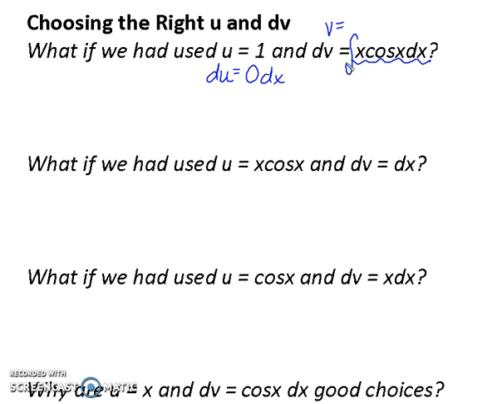Okay, so what if we had used u equal to cosine of x and dv equal to dx? So that would make du, I would have to do product rule, so that would be x times negative sine x plus cosine of x times 1. And then dv, when I integrate that backwards, 1 dx would integrate back to an x. So my formula would be u times v minus the integral of v